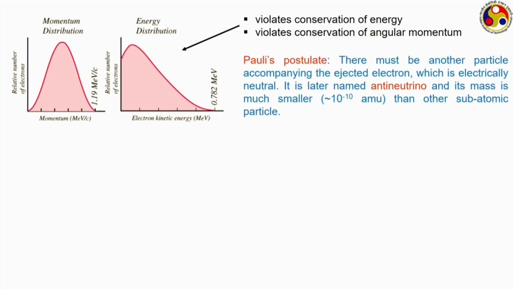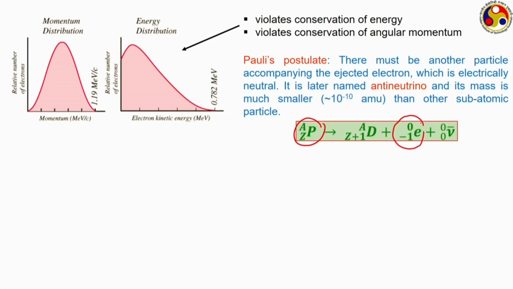and of course energy conservation as well. So, the general mathematical form for beta decay should not be the previous one, rather this should be the correct form, where the parent ZAPA is leading to the formation of a daughter plus one electron or the beta particle, plus this is something earlier used to be called neutrino, but now it is called anti-neutrino,